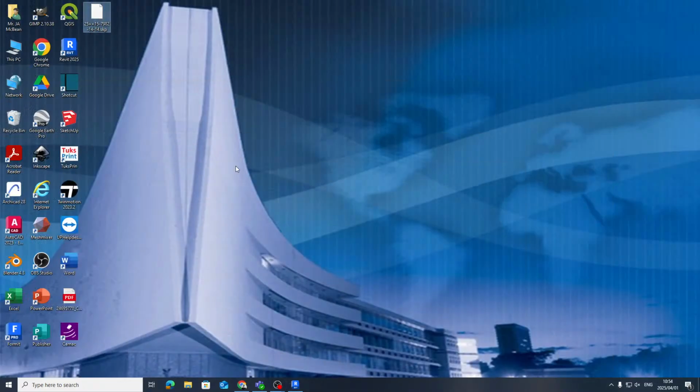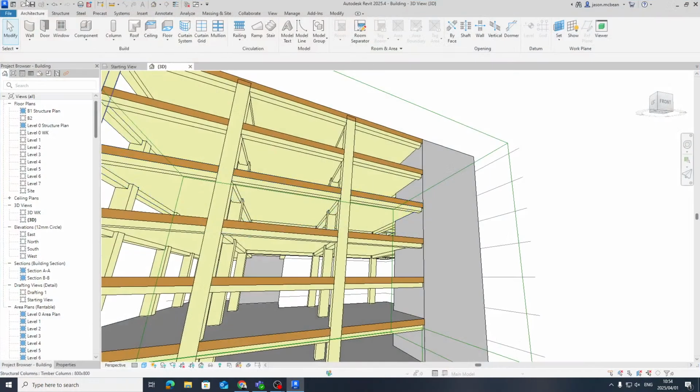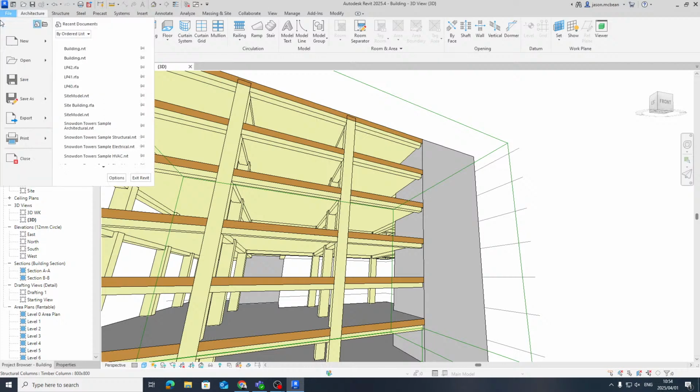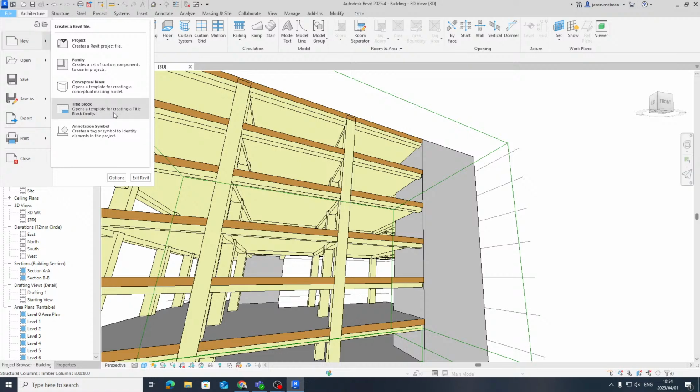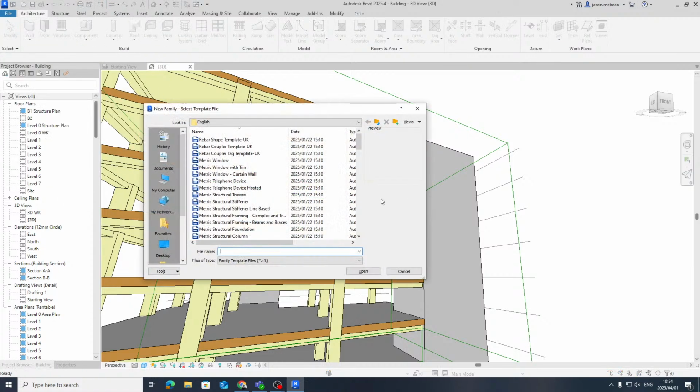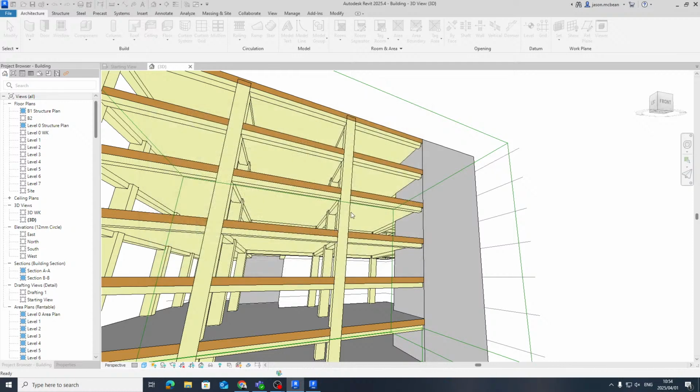Now, I've got this model. I'm just going to open up Form-it quickly. Now, what's interesting, the web version doesn't allow you to transfer this information. So in Revit, I'm going to go and create a new family. In Revit, you need to use family, so you'll need to go and create a new family in order to bring this into your project. Pick the right category, because it'll be a lighting fixture, for example. Open that.